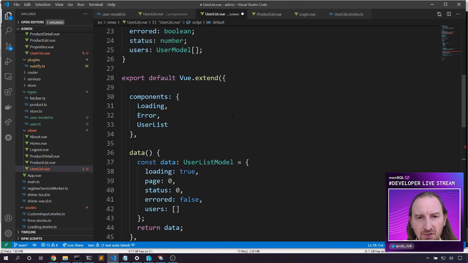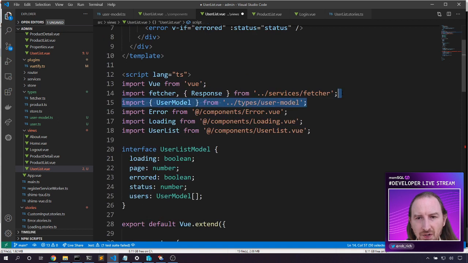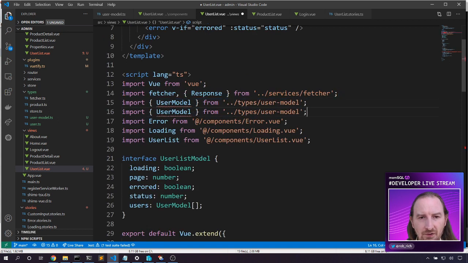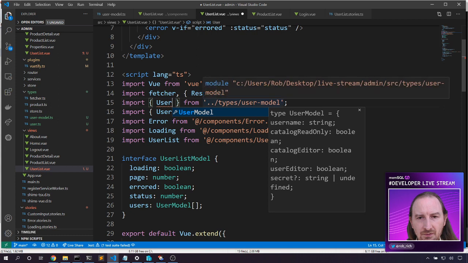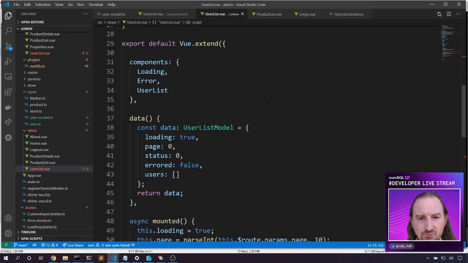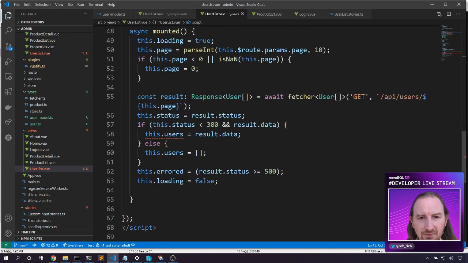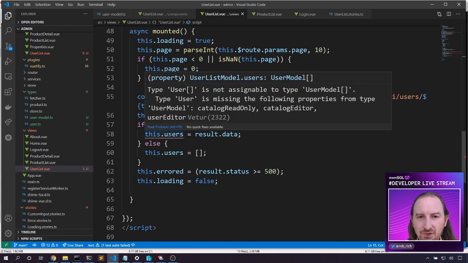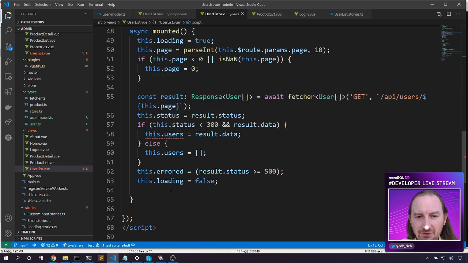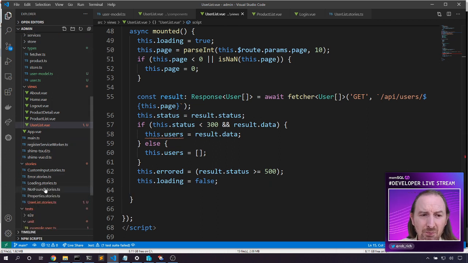So now we need to pull in user. We have user model. Let's also pull in user. Okay, now this is an array of users, and this is an array of user models. And we can't just cast the one to the other, so we need to build a mechanism to go between them. I haven't found a great place to put this yet,